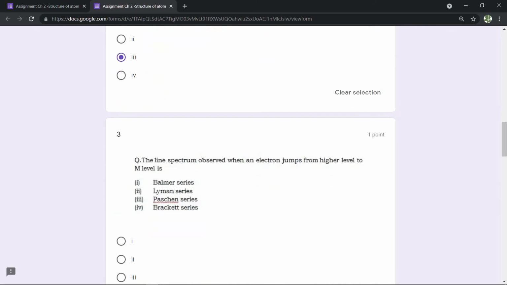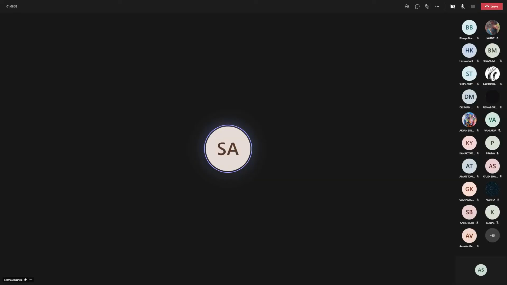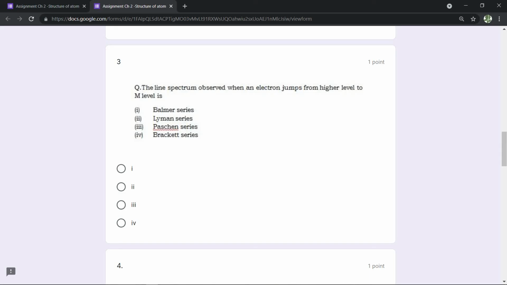Next student, let me ask a particular student. Question number three. It should not be 21, it should be 10 to the power 23. Why, beta? 6 into 3 means 18 into 10 to the power 22. But ma'am, it is 0.3 moles. Yes, I am saying it with 0.3. Either you can write 3 into 6.022 into 10 raised to power 23 into 0.1. So what is 6 into 3? 18. 18 into 0.1 means 1.8. Okay, fine.